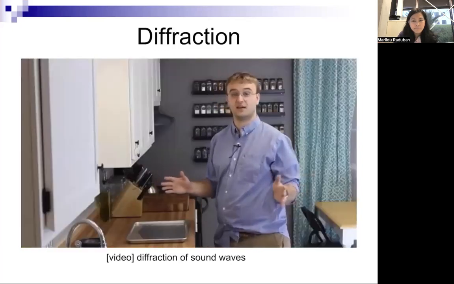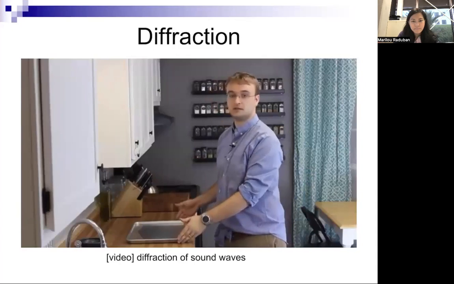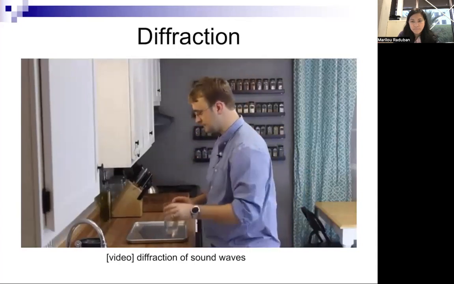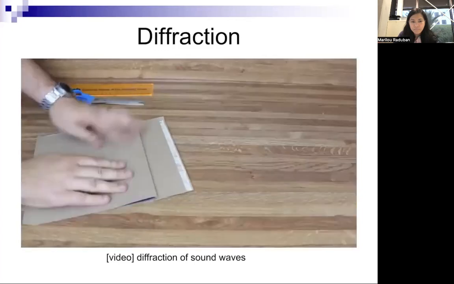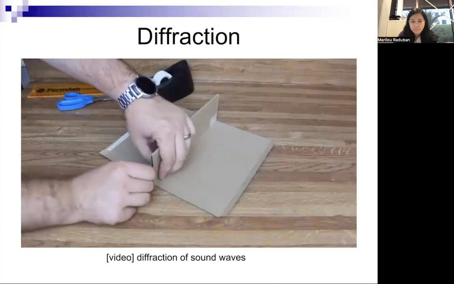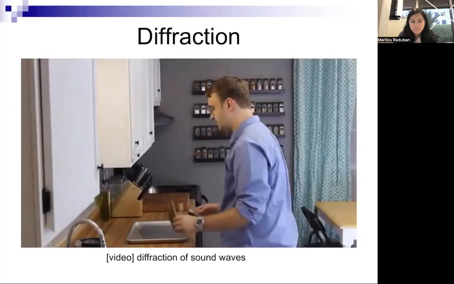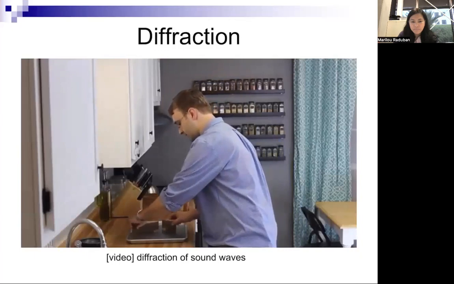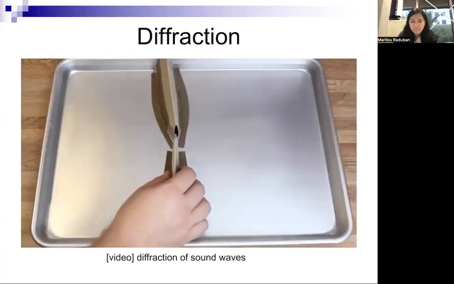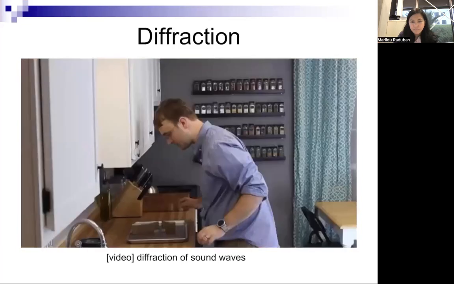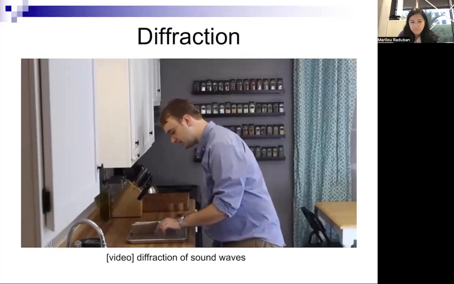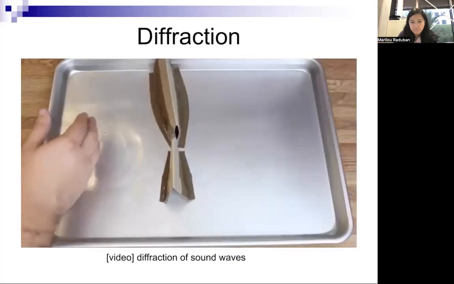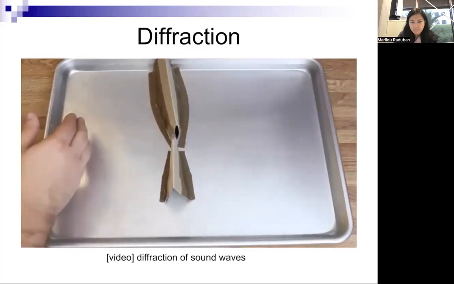You can even try this at home. Just get a baking sheet and fill it with some water. Take a piece of cardboard, fold it in half, and tape the ends together. Then with two little walls, we can just stick them in our vat of water here, creating a little gap in between the two. And if you create a wave on one side of it, no matter what you do on one side of the cardboard obstruction, you can see that you get little circles coming out of the other